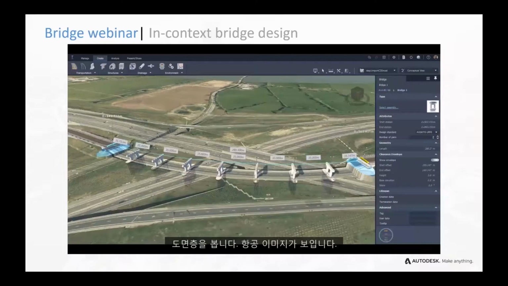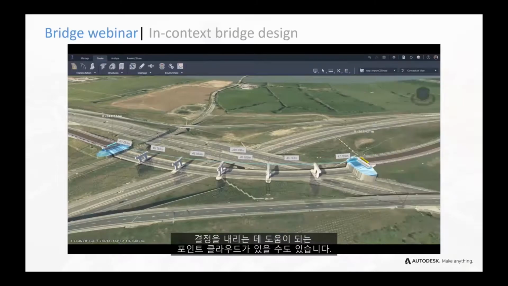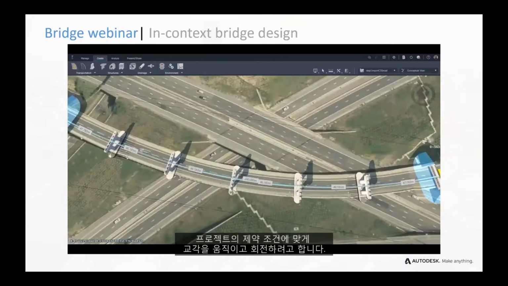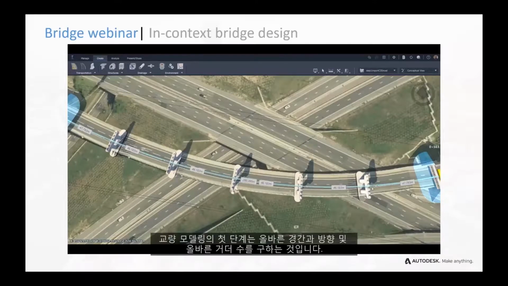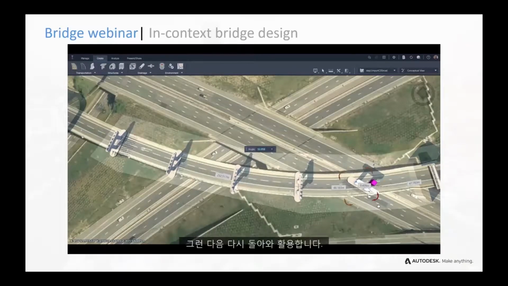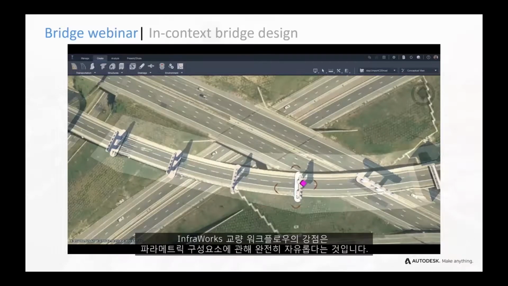By in context, we look at the layout, we look at aerial imagery, maybe we have point clouds, anything that helps us make decisions, and we're going to move the piers around and rotate them to really fit the constraints of the project. So the first part of the bridge modeling is, let's get the right spans and the right orientations and the right number of girders. And then we'll come back and leverage the real strength of the Infraworks Bridge workflow: